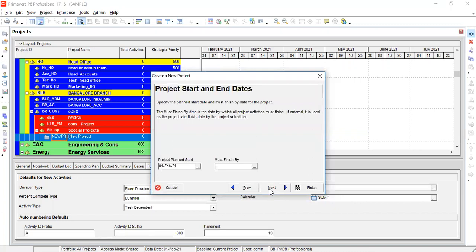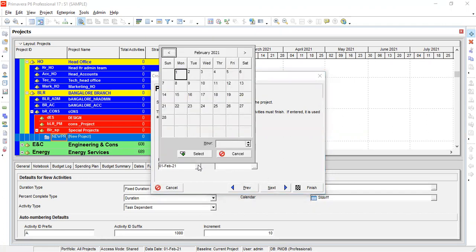Next will be the appropriate starting date of the project. That is the planned starting date. Any date you can choose, it will be the current date. It is not the proper date. While scheduling only, we have to select the proper scheduling date.